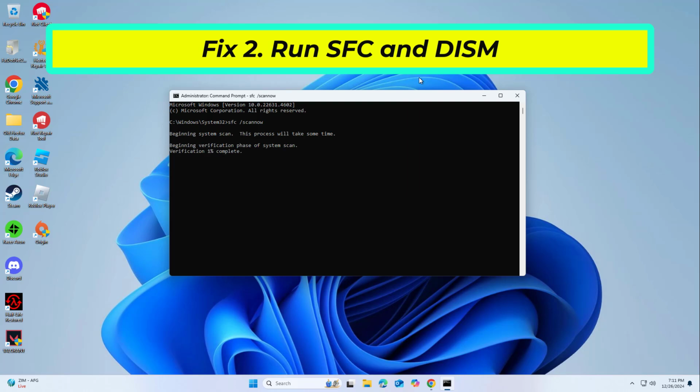Press enter and wait till the scan finishes. When done, run this set of commands, pressing enter each time. If that didn't work,